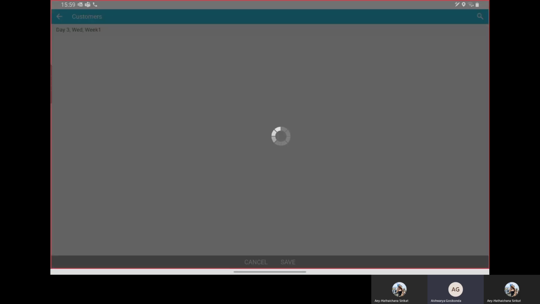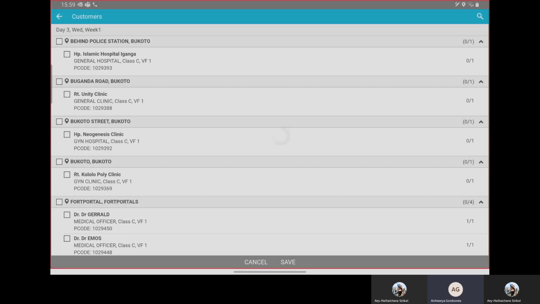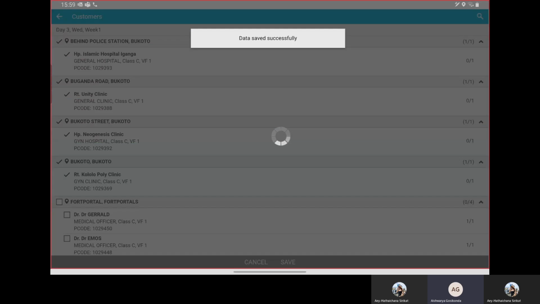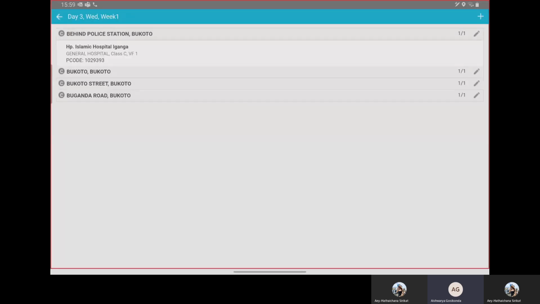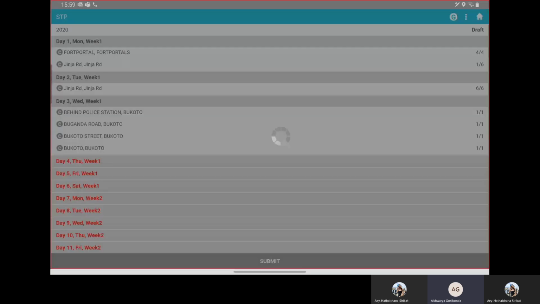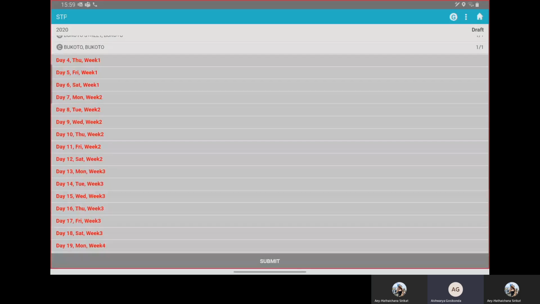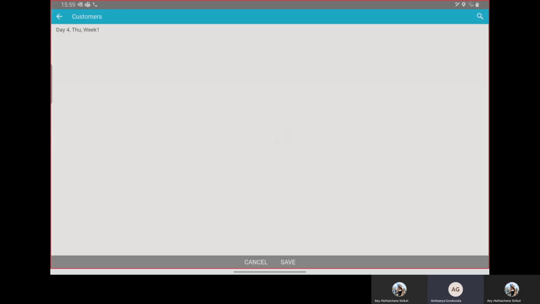For example, if you have 150 customers in your MSL list, you have to make sure that you have planned and covered all 150 customers.